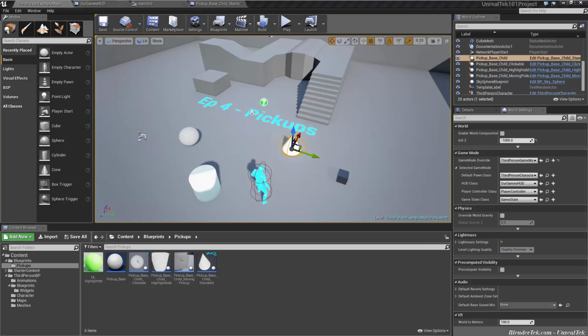Now that we have pickups for our game, let's design a quick GUI for it. This episode will be a 101 course on simple GUIs in Unreal Engine 4. Since we're using the third-person template, we don't need to worry about creating too many custom HUD classes, just one. However, we will be using it, so I'm going to quickly go over the differences between UMG, HUDs, and GUIs